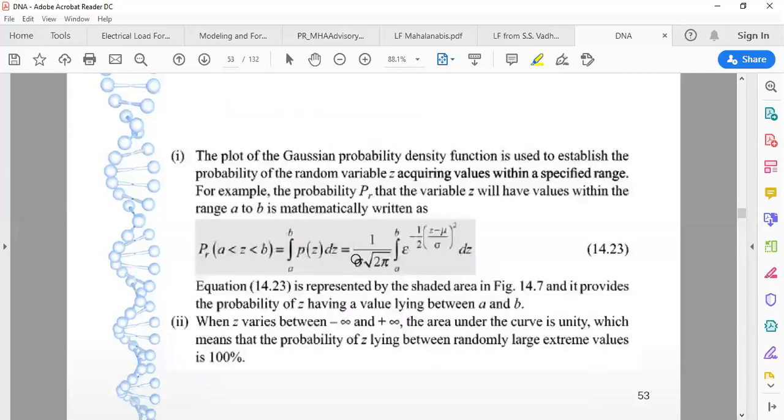So the first observation we can derive from visualizing that curve of the Gaussian probability density function is that we can easily establish the probability that this value will lie between A and B. As I mentioned earlier, if I want to identify the probability that the value shown by that meter is from 2.6 to 2.7 ampere, I have to identify that area and divide by the total area, and that will give me the probability.